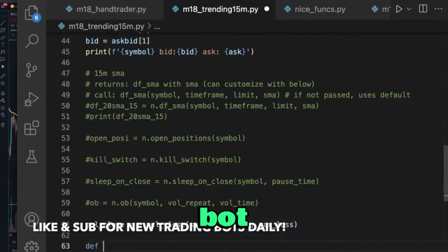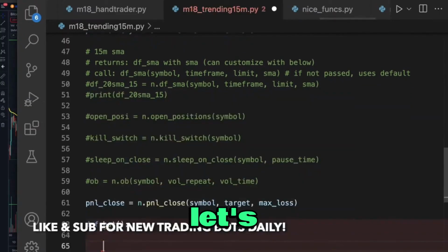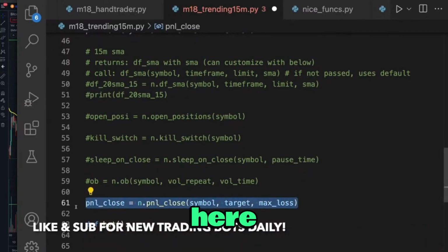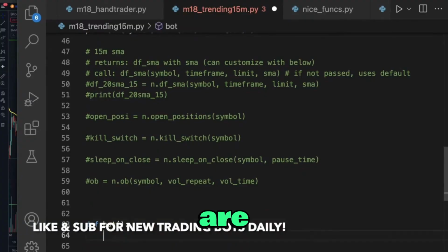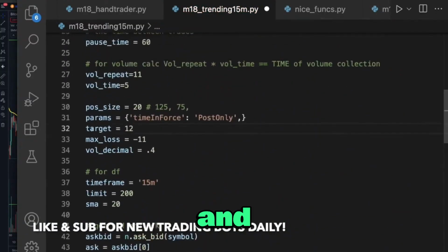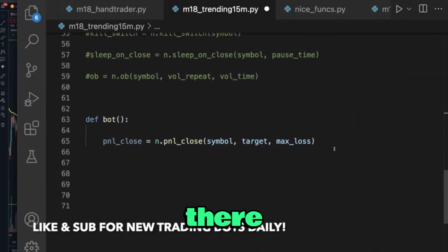So def bot. And let's start thinking about the functions. First, we need to check our P&L close, because this right here is going to say, hey, are we in profit or are we not? If we hit our target of 12%, and you can change this however you want, but I'm doing a 12% target right now, and our max loss is 11%. If we're at either of those, then close the position. And then our data frame